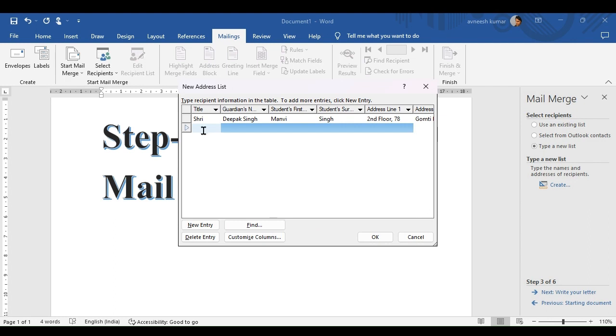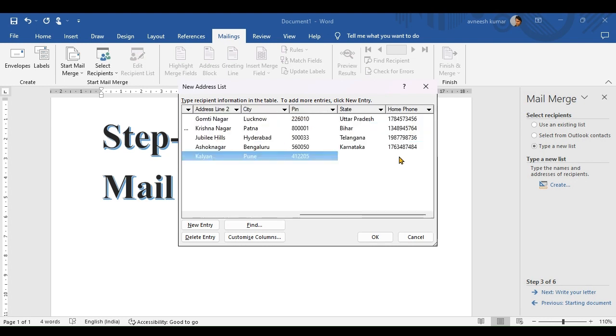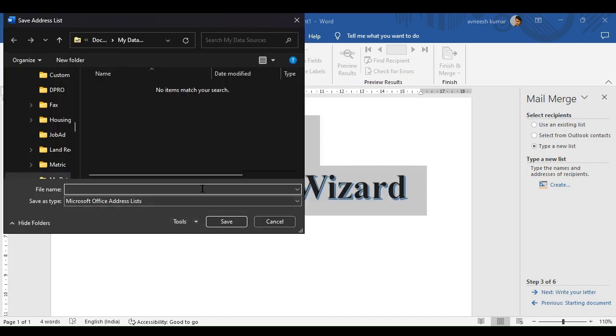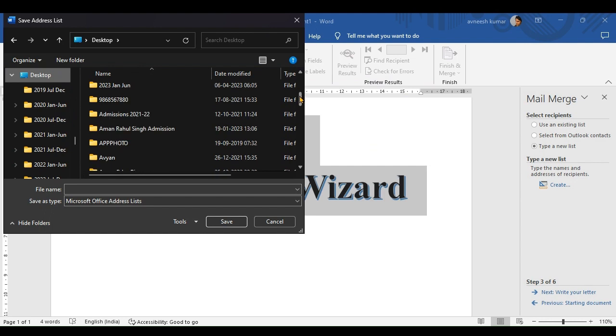So again write 3, and so we click on OK. As we click on OK, it asks us to save the file. So we save the file in some folder. So I have already created a folder on